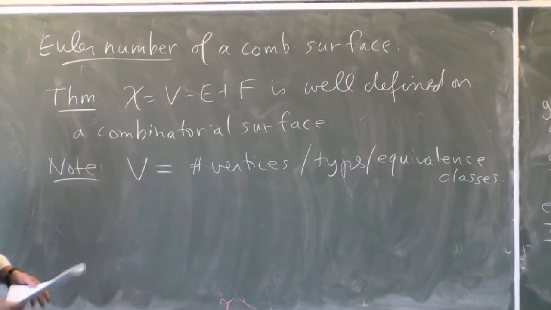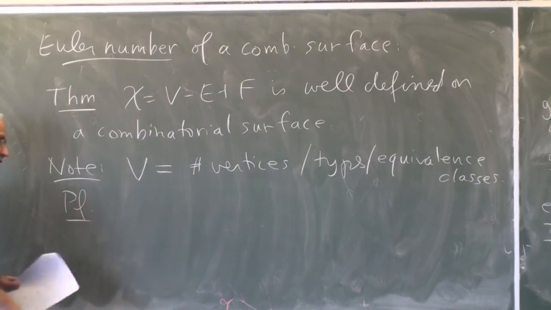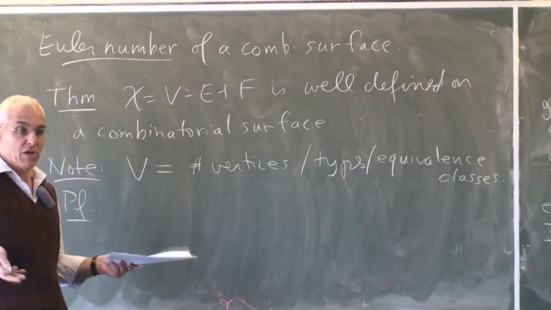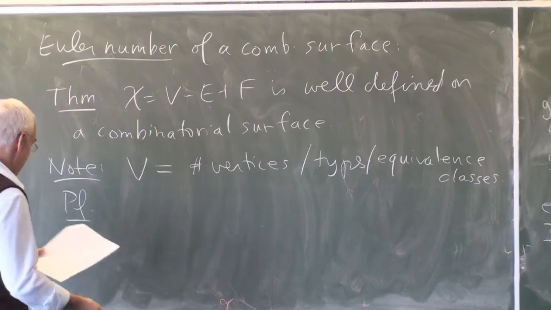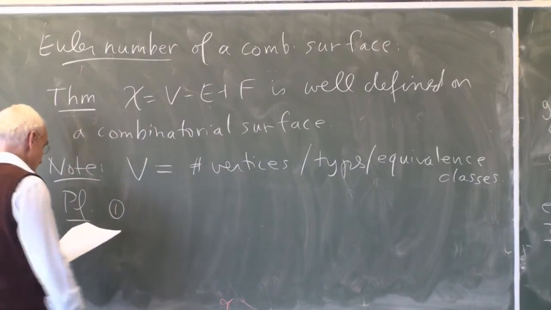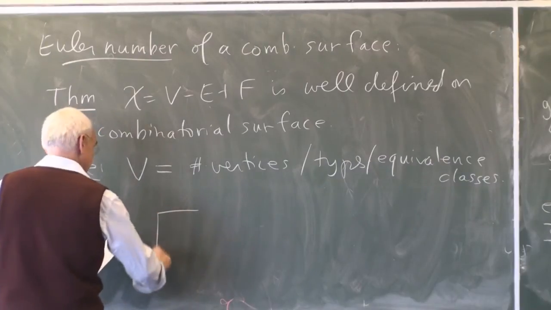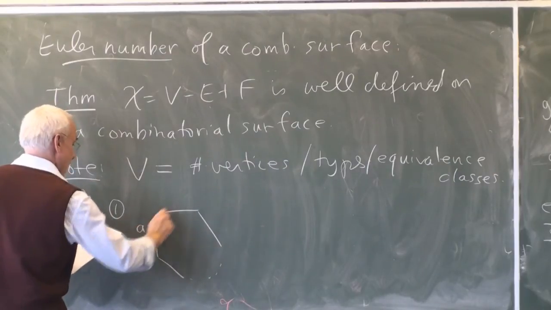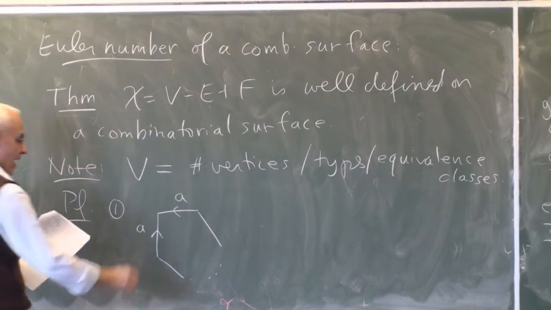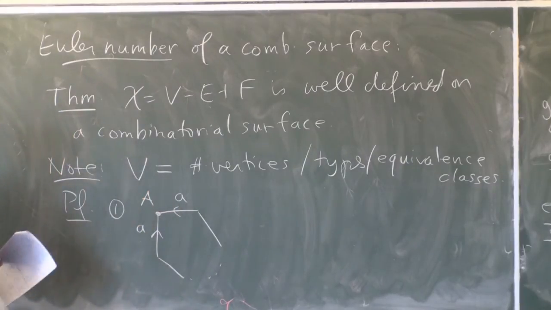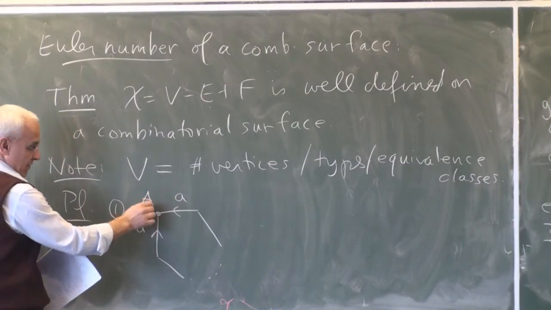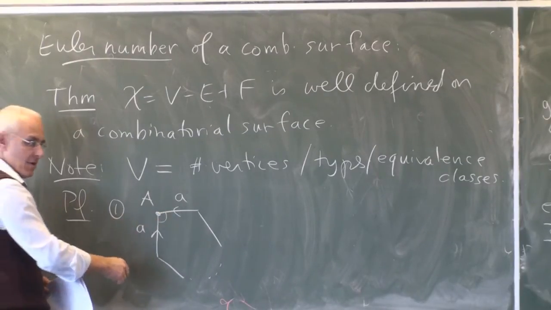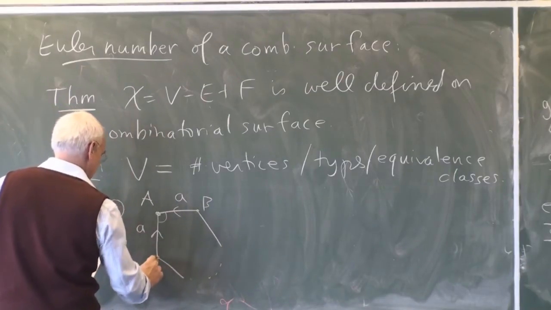And the proof is, in some sense, very simple, because the number of operations that we have from going from one combinatorial surface to their standard form is very simple. There are really only two operations. Okay? So the first operation was what? Well, we had some situation where we had an edge A and another edge A. Those two edges, A coming in, give a single vertex type A. Go all the way around, so this must be some other type B.